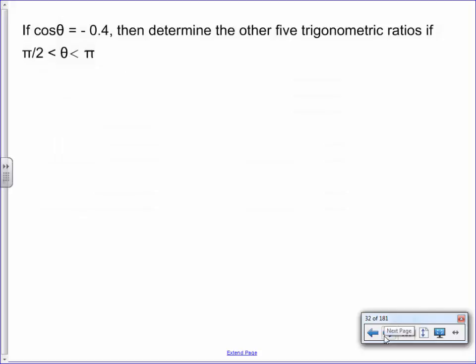Okay. So let's say that you're told that cosine of theta equals negative 0.4. Why is this not a fraction? Isn't cosine always supposed to be like an adjacent over hypotenuse? The radius is 1. It's a unit circle, so the radius is 1. So really this negative 0.4 is actually the x value, because cosine is actually telling you what x values are. So based on that information here,